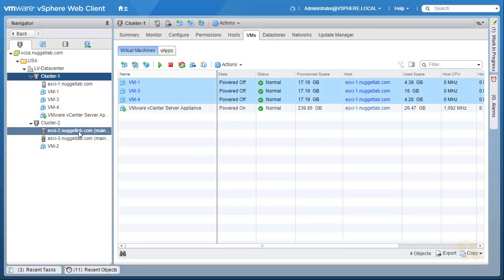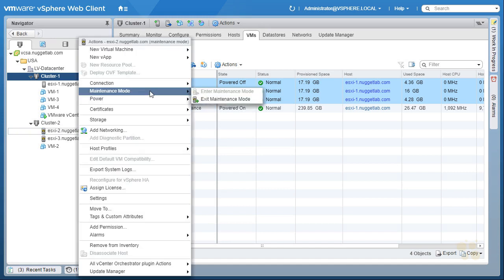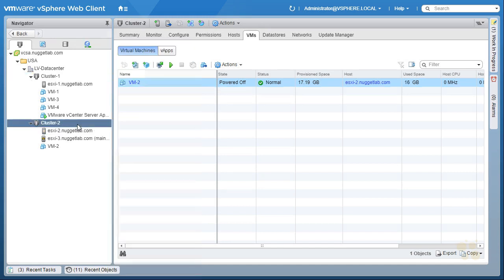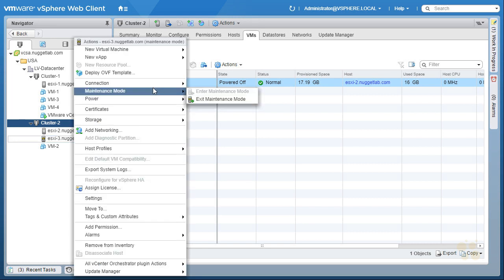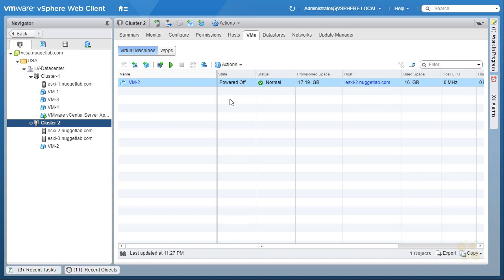So we'll right-click on ESXi 2, hover over maintenance mode, and select Exit Maintenance Mode. And then we'll do the same thing for ESXi 3. We'll right-click on it, hover over maintenance mode, and select from the submenu Exit Maintenance Mode. Awesome. So now